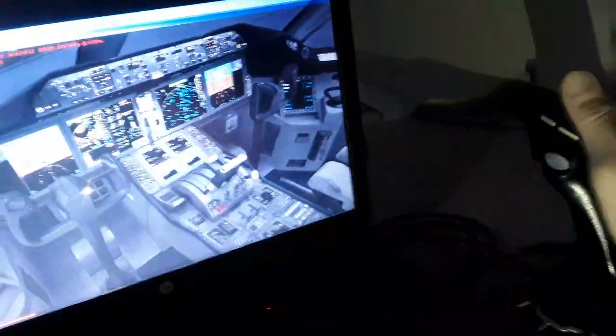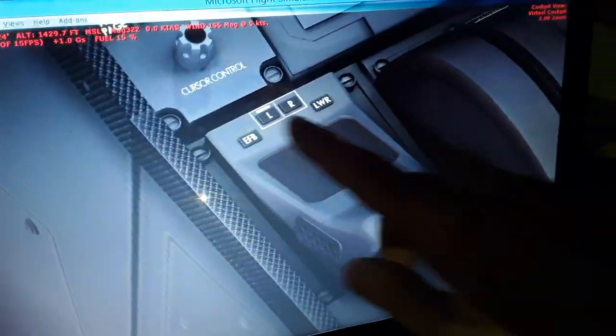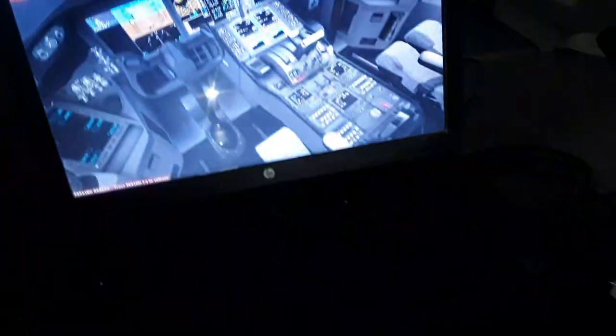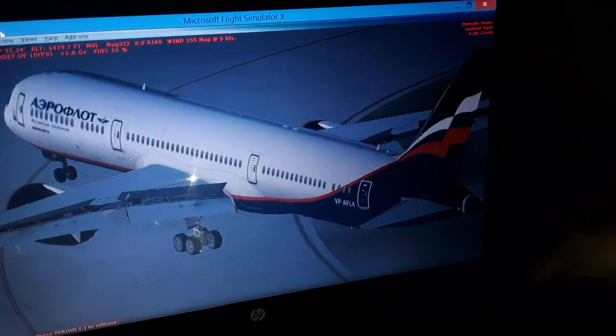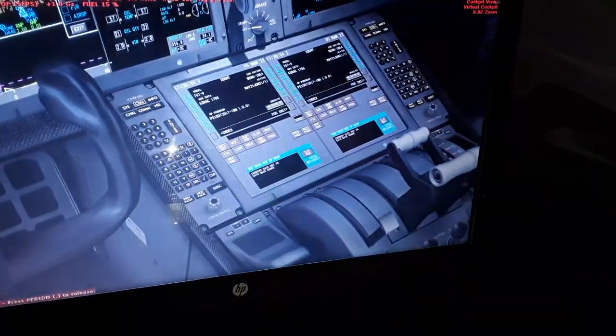So I'm going to use the flight management computer here, also the inputs from the mouse pad over here. As you can see, we have the mouse pad for the flight management computer and the keyboard over here. I'm having my own mouse for controlling, and also the computer for controlling the aircraft flight management computer. So I'm going to input the data here. You're going to see we input the data from the flight management computer from the mouse pad like